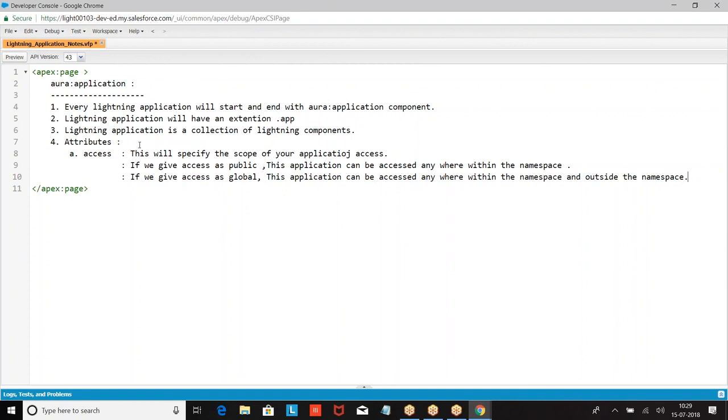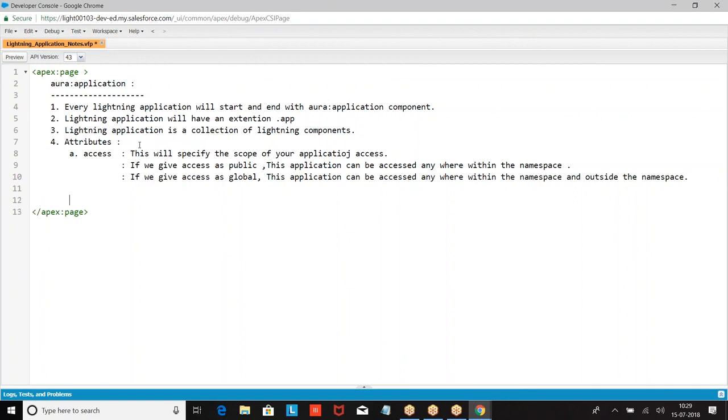So if I give it as global, this can be accessed within the namespace and outside the namespace.